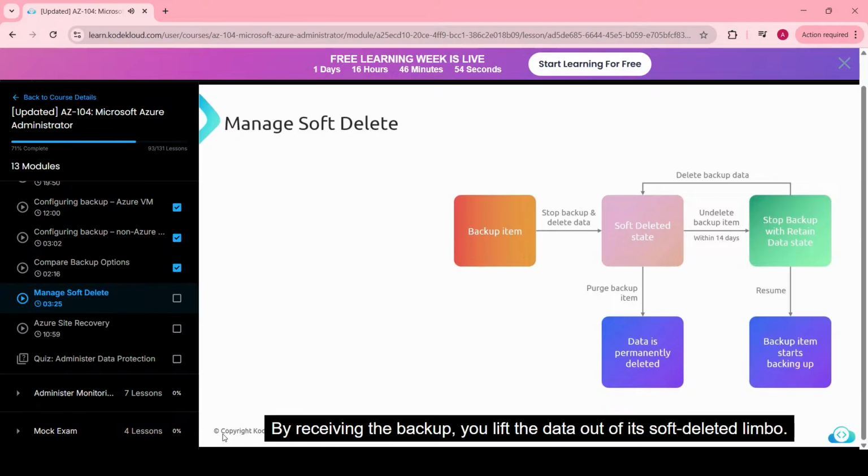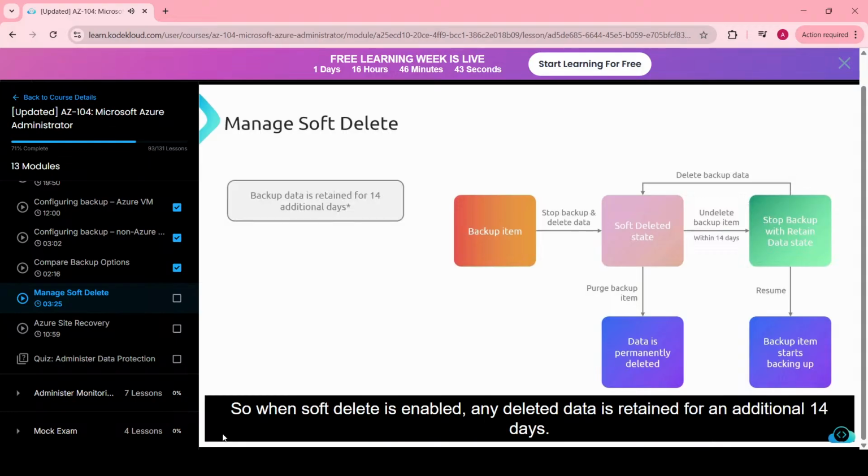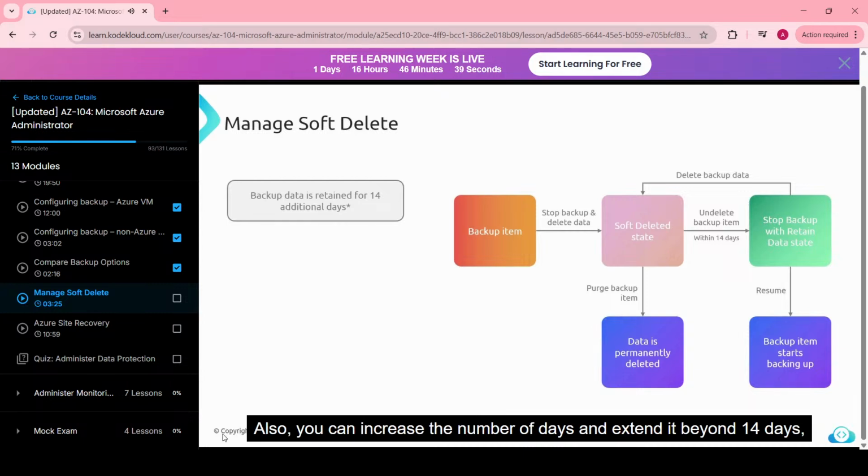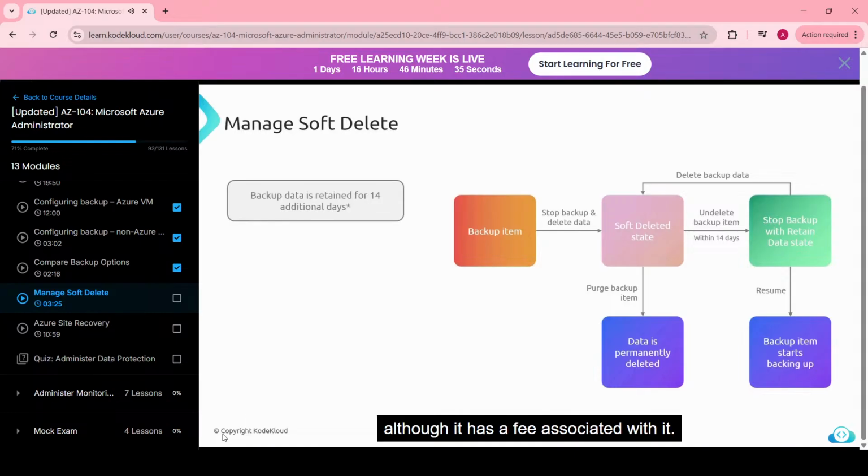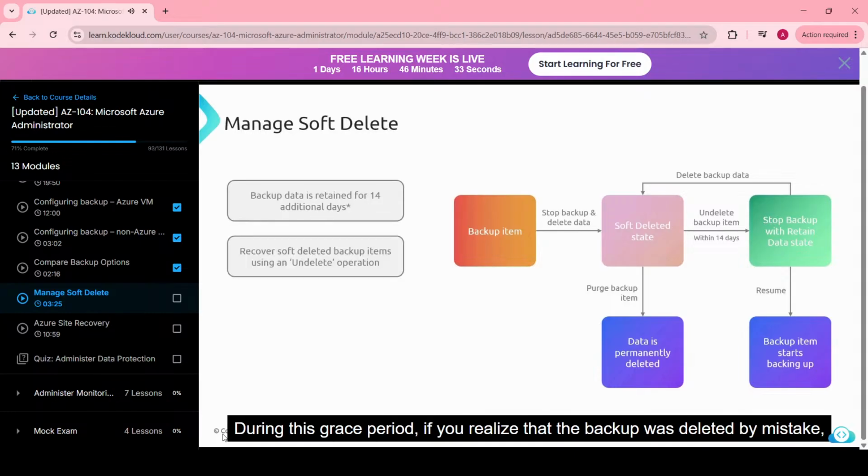Now, if the deletion is final, the purge step is your endpoint. It's a deliberate action that wipes the data permanently, leaving no traces behind. It's an assertive measure for when you are certain that the data must go. But what if there is a change of plan? What if the data deletion was a mistake, or you realize that the data is indeed necessary? This is where the resume stage steps in. By resuming the backup, you lift the data out of its soft deleted limbo. The backup item springs back to action, picking up from where it left off,